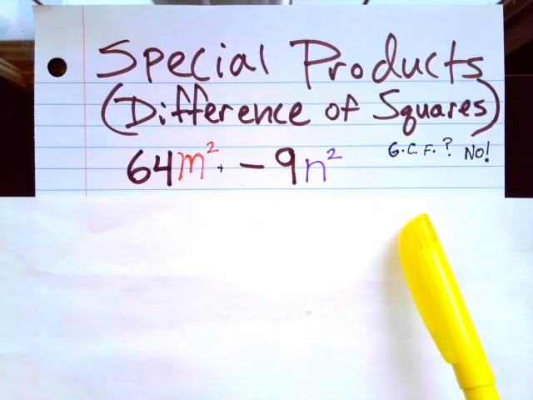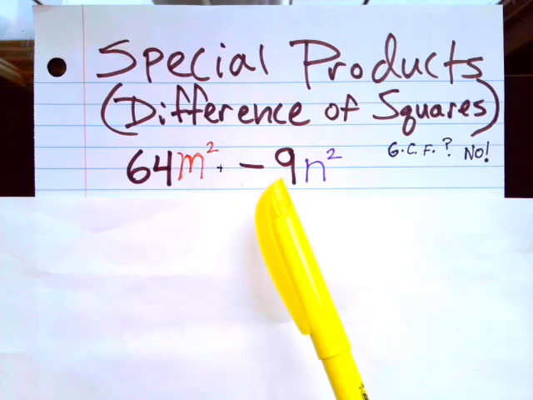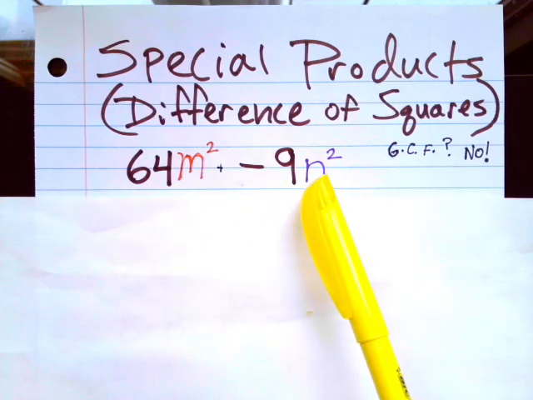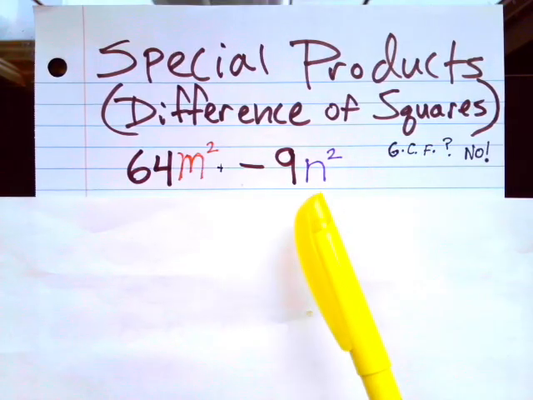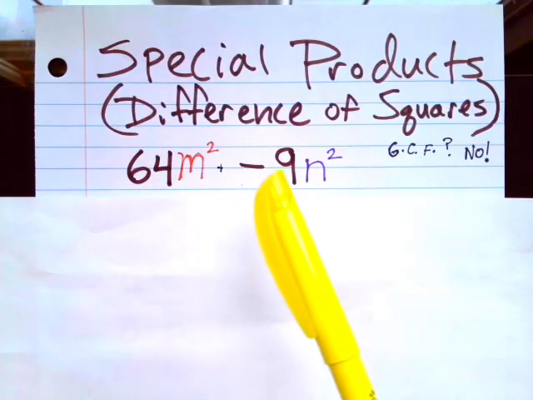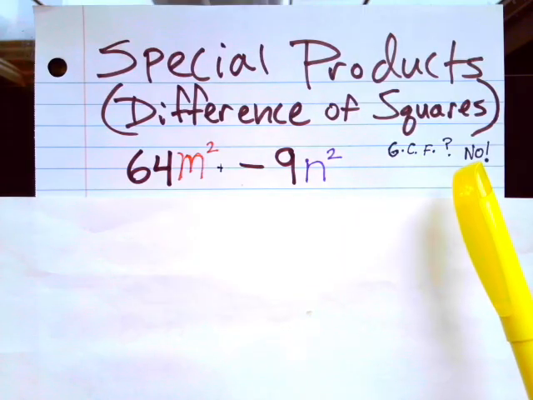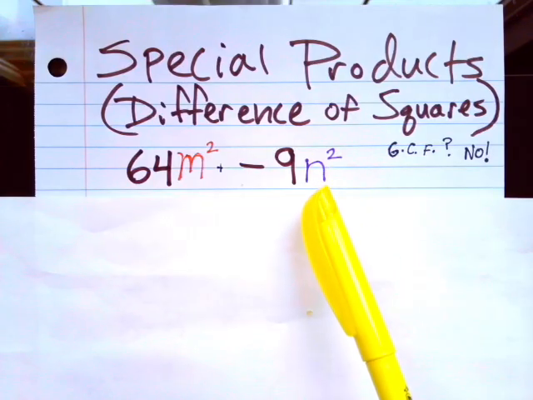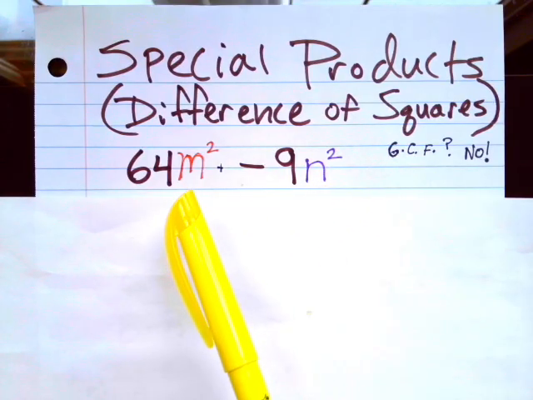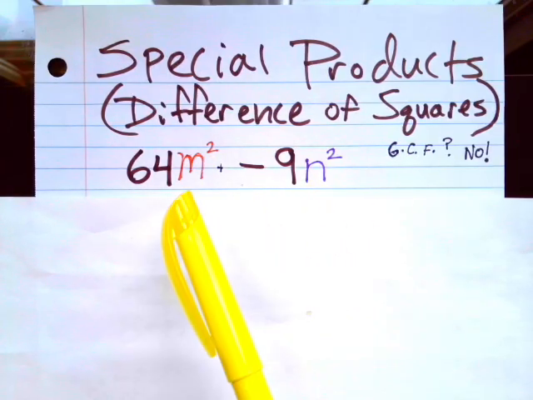It's really important. So here I'm going to look at these two terms. 64m squared is a term. Negative 9n squared is another term. And I want to try to find, is there a greatest common factor I can take out of both of these terms? Is there a greatest common factor that both these terms share? The answer is no. And you're saying, well, why not? Well, there's an n to the second power with the term on the right. There's an m to the second power with the term on the left. So I can't take out any variables